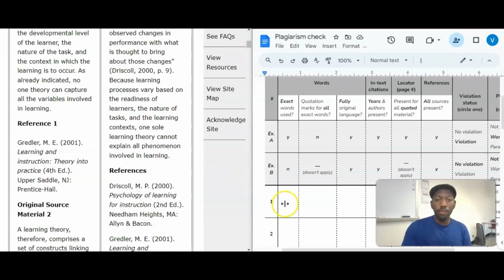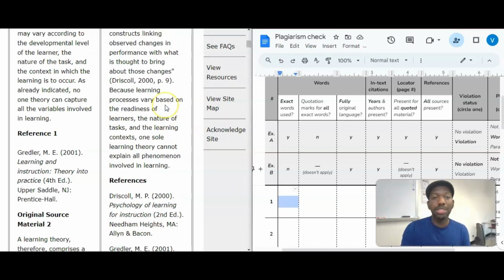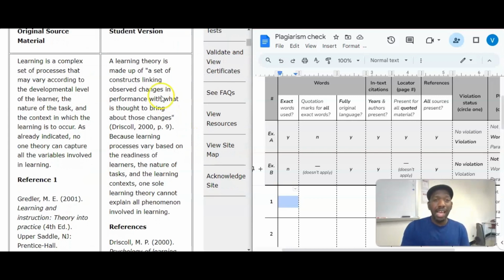So we're going to, using this table, go through and check for things. So do we have any exact words used in this student version? Absolutely. In that first sentence, a set of constructs linking observed changes, so on and so forth. So I'm going to put a Y there for yes. Now, quotation marks for all exact words.